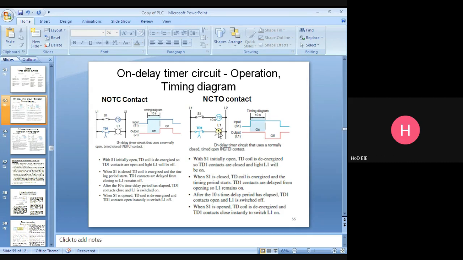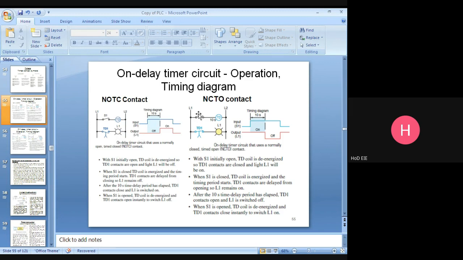But this one is a delay instruction. Here we are introducing delay. A 10-second delay will be programmed. So we press this, it is energized and starts timing: 1 second, 2 seconds. After 10 seconds only, this will close and the light will be on. Understand?